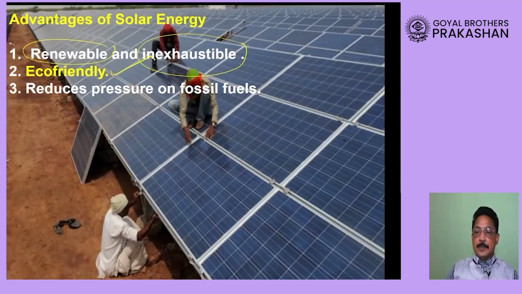And also important, dear students, that wherever possible we can use solar energy. For example, for cooking food, we are using natural gas or wood. So instead of using natural gas and wood, we can use solar cooker. So what will solar cooker do? Yes, it will reduce the pressure on natural gas. It will reduce pressure on electricity produced by other ways. And in this way, it is very, very important, dear student, which is providing a lot of advantages to save those fuels.